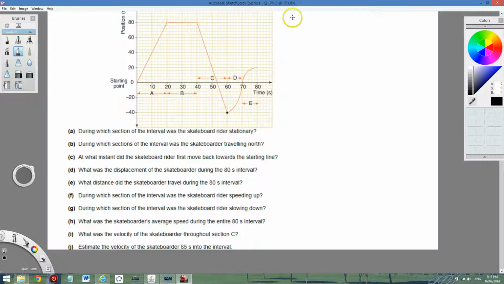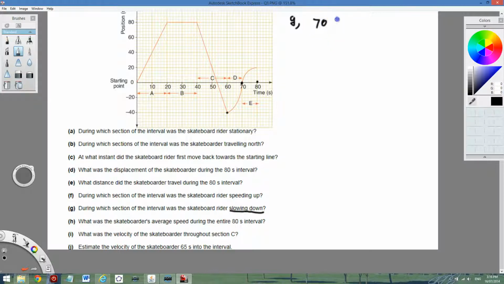Now let's move to question J. We need to find the interval the skateboard was slowing down. As we said, initially it's traveling at constant speed. The gradient is constant. It doesn't speed up or slow down. Then it's stationary. Then it doesn't speed up or slow down. So from this part here,